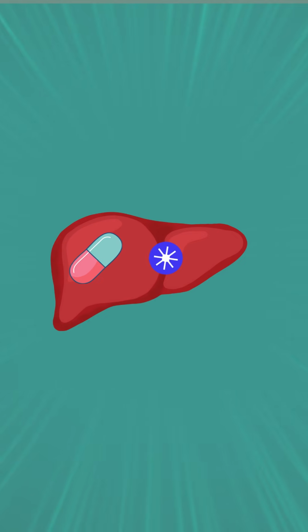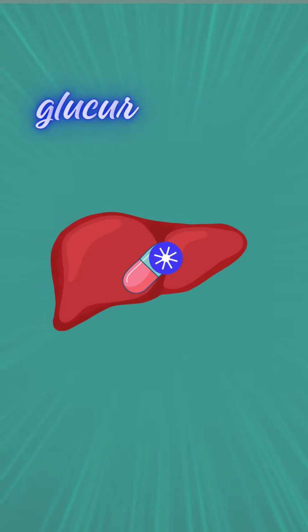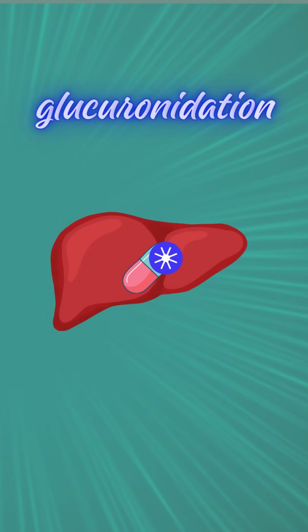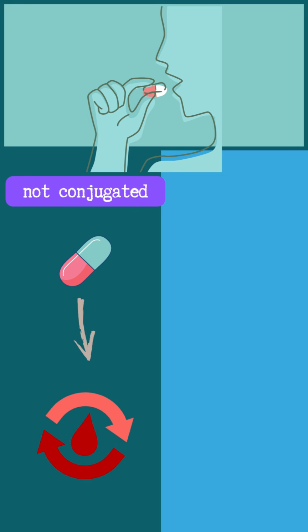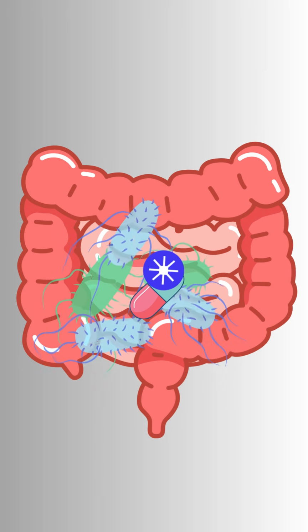Some drugs, once in the liver, will form a complex of glucuronic acid in a process called glucuronidation. About 50 to 70% of a drug will be conjugated in the liver. The unconjugated portion will enter into systemic circulation and make its way to the site of action. The portion that undergoes glucuronidation is excreted into bile and stored in the gallbladder, where it becomes part of the enterohepatic cycle. From the gallbladder, the drug is going to be secreted back into the small intestine as a conjugated